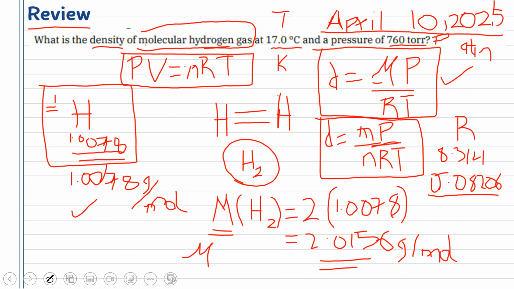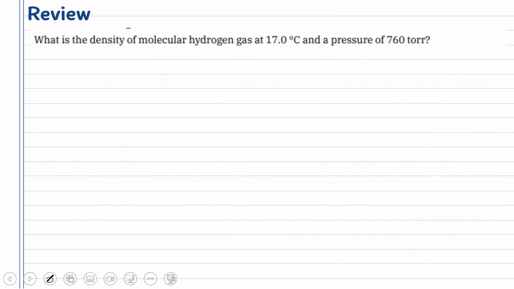What was the answer you arrived at? You're supposed to get something like 0.0847 grams per liter. Your answer is supposed to be that, and I want to see how you went about it. You see, I just explained to you what you're supposed to do. I don't want to do it for you. You should go try it, and your answer should be something like this: